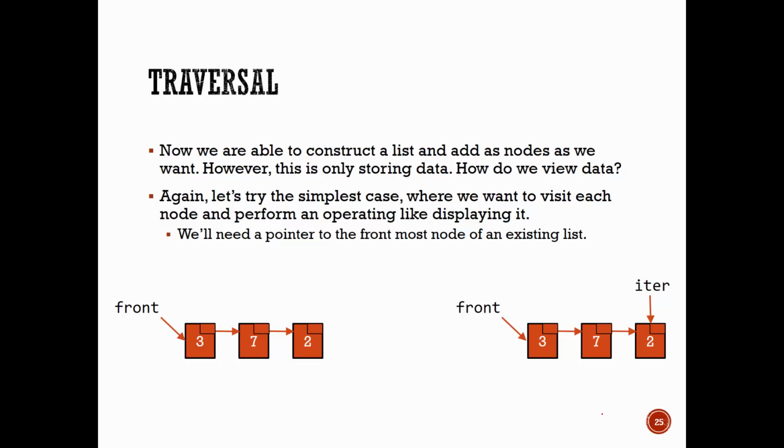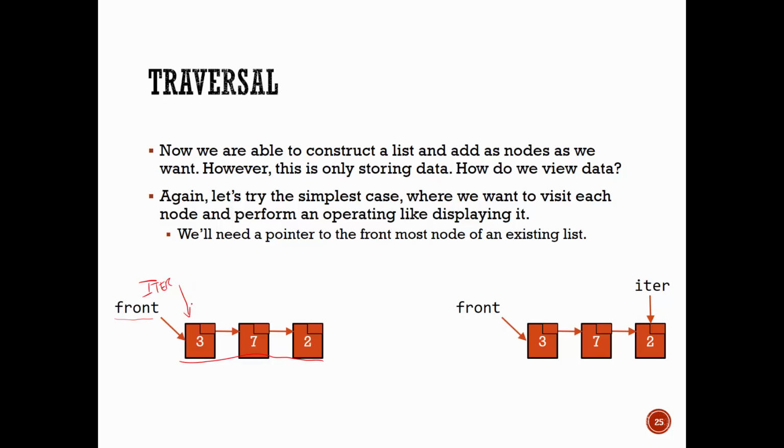So let's take a look here. Over here I have a simple list with a variable that knows about the frontmost node. So I have my list over here, and I store 3, 7, 2. Let's imagine for a second that I want to print out this list. I want to display 3, 7, and then 2. So perhaps what I can do is this. I could create a new variable, call it for example iter, and this iter variable would start at, for example, 3. I'm drawing an arrow here to represent what iter the variable knows about.